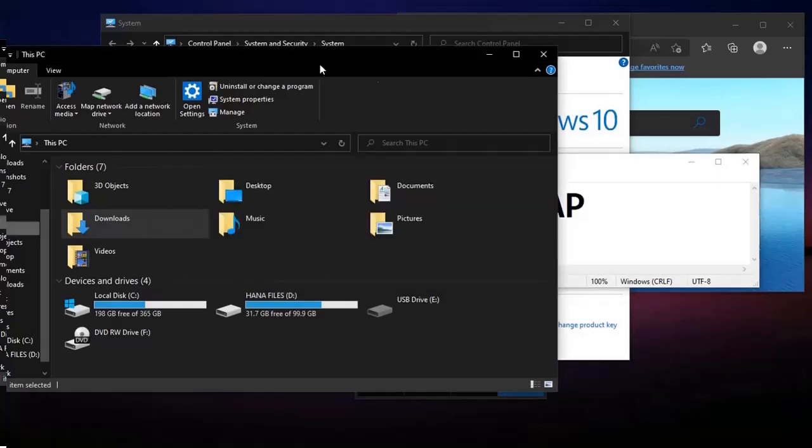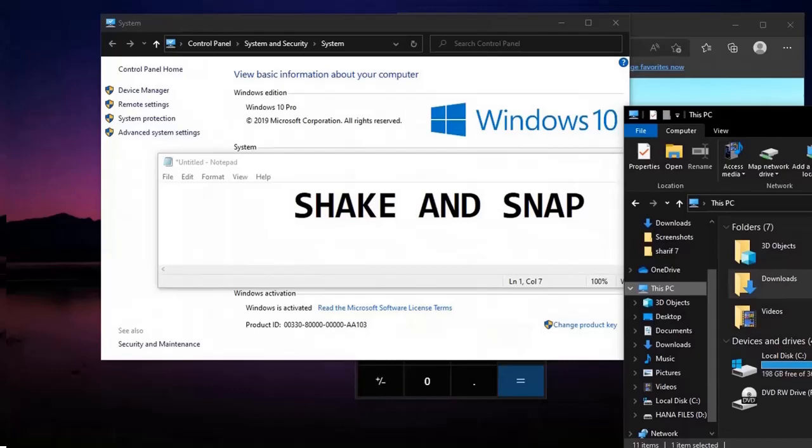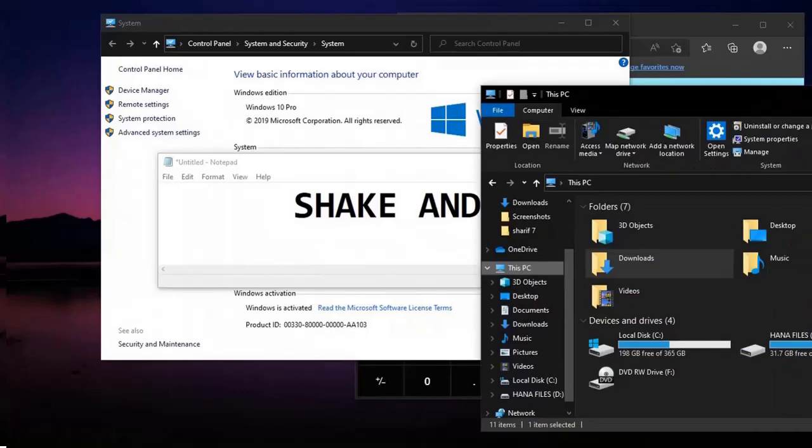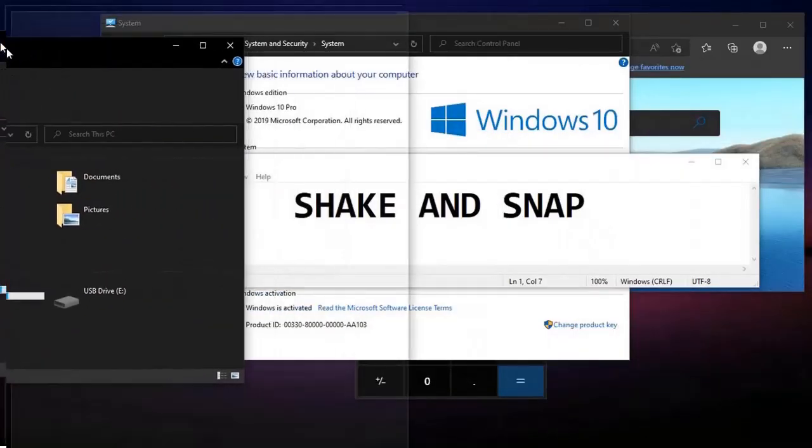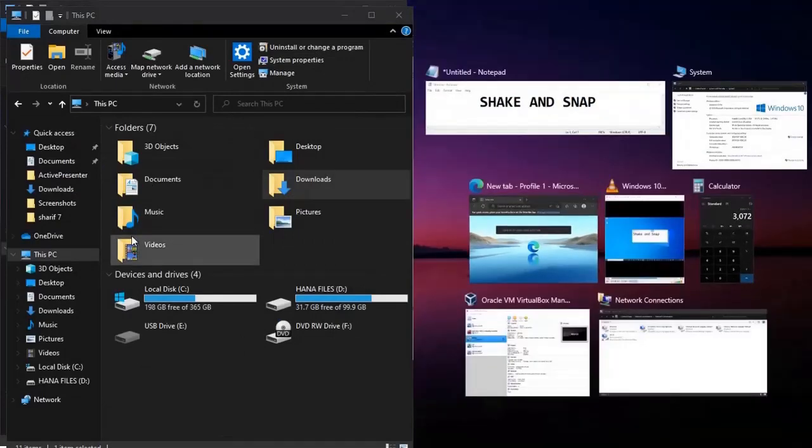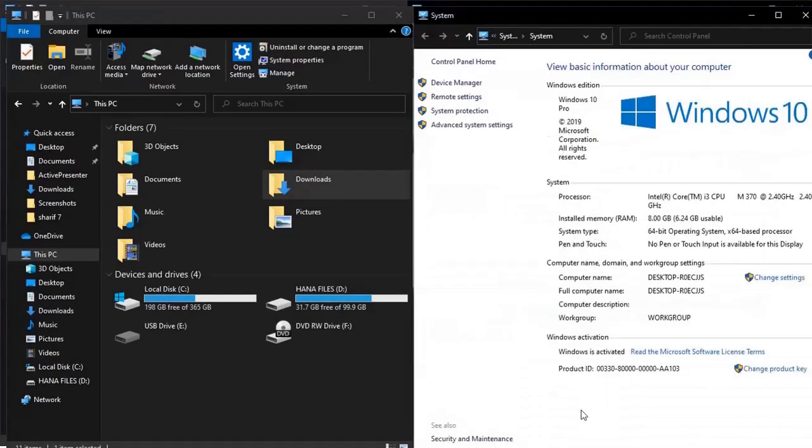Now there's another one that we call Snap. To snap, what we need to do is just select the app and then you can drag it to the side. Just leave it and you can see what happens. Then you can click this one and then this will snap it around for you. So that is it. So you can see if I've opened two apps,